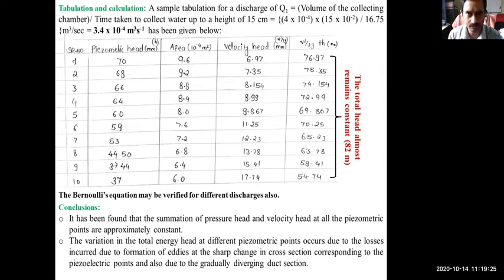So this is all about the verification of Bernoulli's theorem. This is the total theoretical part, and a virtual view of the experiment, how it is to be conducted, what the various parameters to be taken care of, and conclusion, tabulation, and all. This is all about the experiment. I will take you to the next slides, and in the next section I'll be showing you a few videos explaining the actual experimental procedure to be conducted. Thank you.